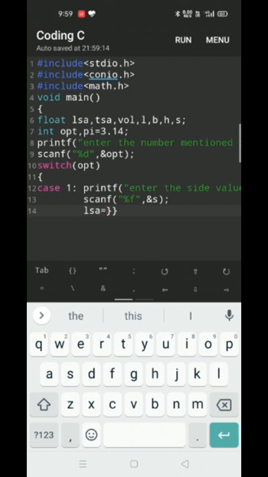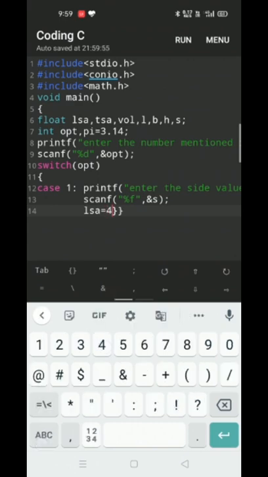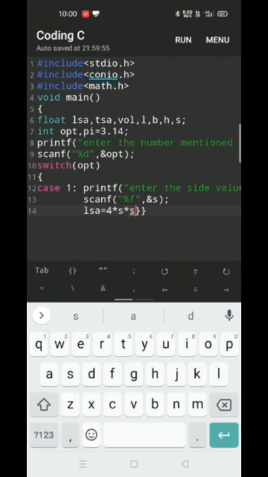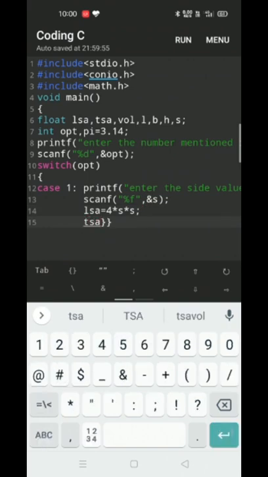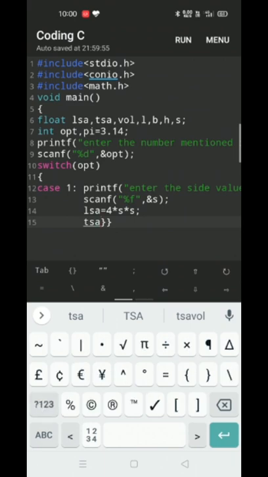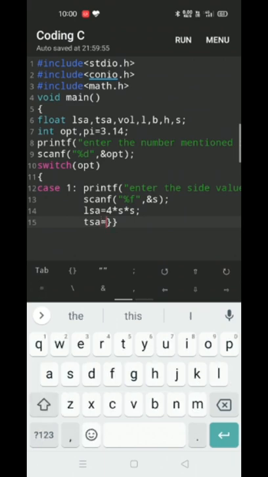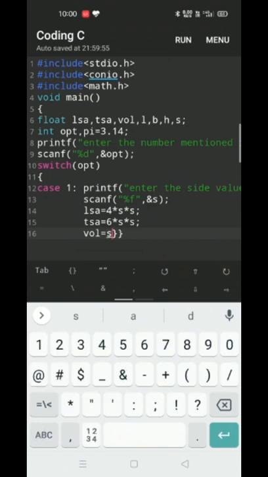As you all know, the lateral surface area of a cube is equal to 4 into side into side, and then TSA, 6 into side into side, followed by volume, side into side into side, which is also known as side cube.